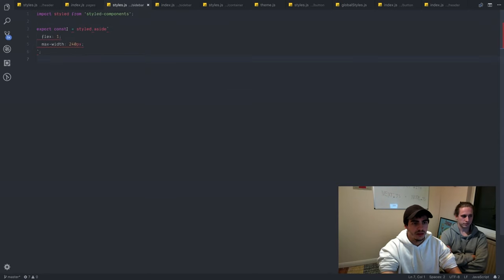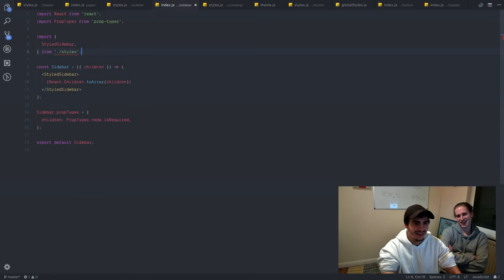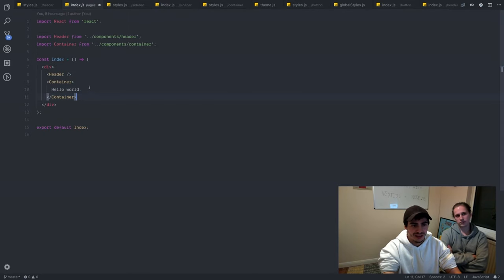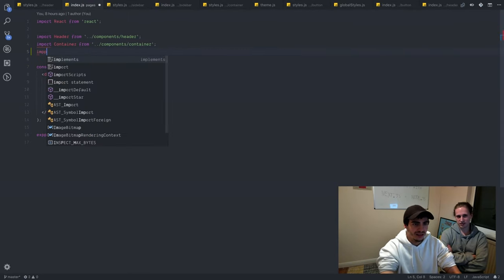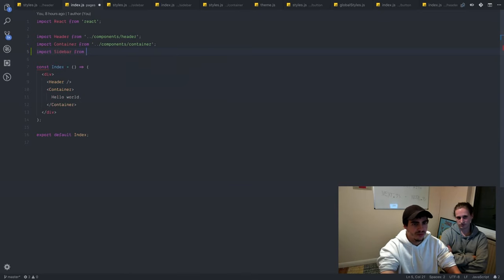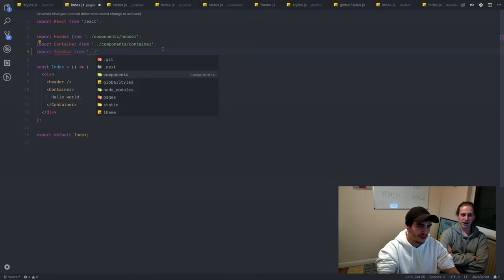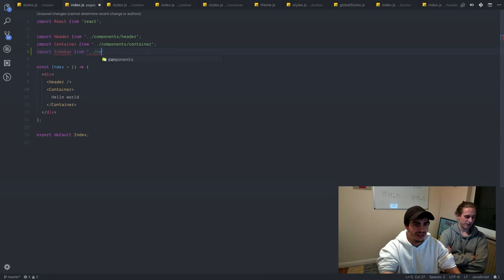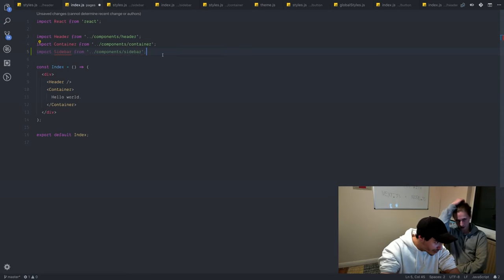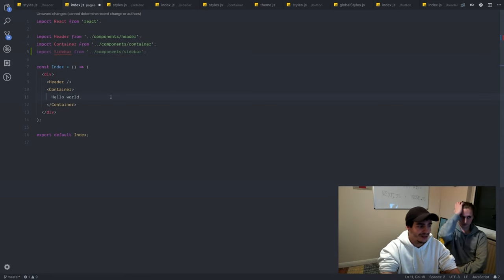So, export const. Oh, did I remove the styled sidebar thing from here? Weird. Yeah, I think you just forgot to actually write it. Okay, so now that should work. Import sidebar from. Well, the flexbox won't make it stick to the side. It's just contained in that 240 pixels width. Okay. So sidebar. And we've hit the time where I said I was going to